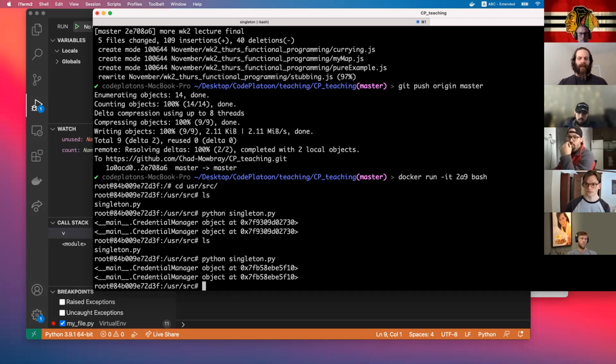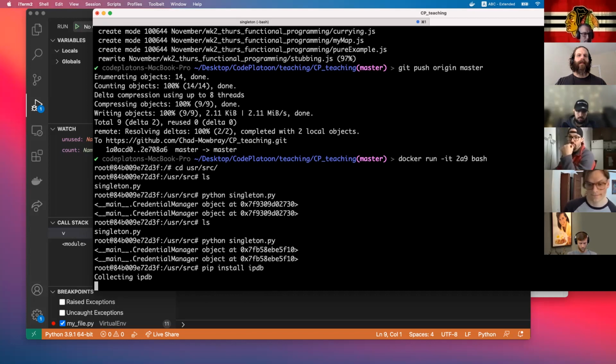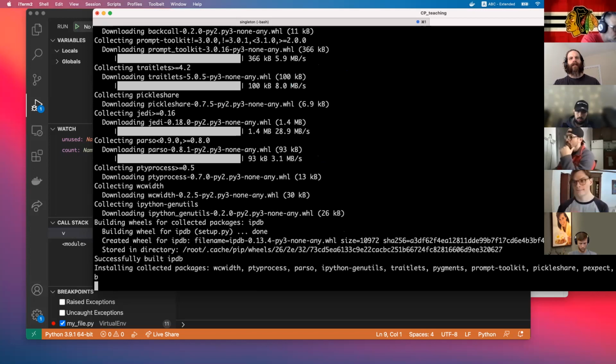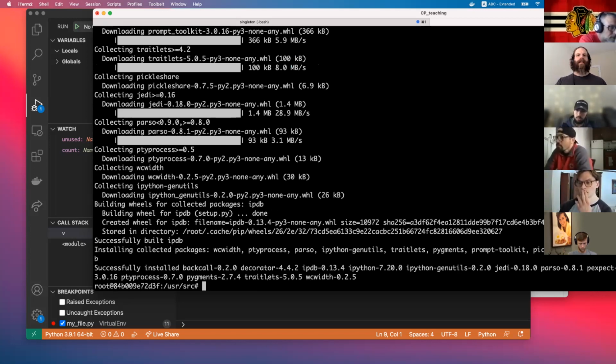So what we can do is, I'm not going to create a virtual environment because this is a disposable thing. So pip install, and we're going to install, there are a couple of debuggers built in, but this is maybe one of the better ones, IPDB. So this is going to run now, and I want to run Python